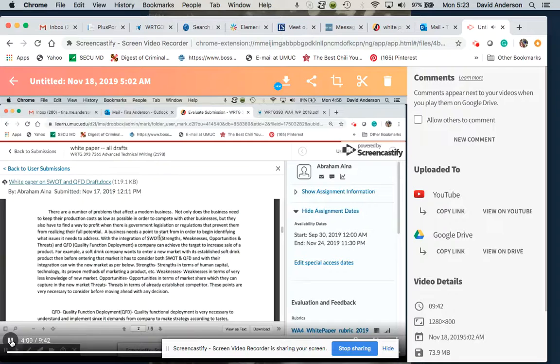The integration of SWOT. And when you've done this, I like how you're trying to organize this. What you would say is the integration of strengths, weaknesses, opportunities, and threats, comma, SWOT. When you introduce an acronym, you give the full name first, then you separate off by commas the acronym. So introducing a strengths, weaknesses, opportunities, and threats, comma, SWOT, comma, program, would allow a company to identify these areas. Additionally,